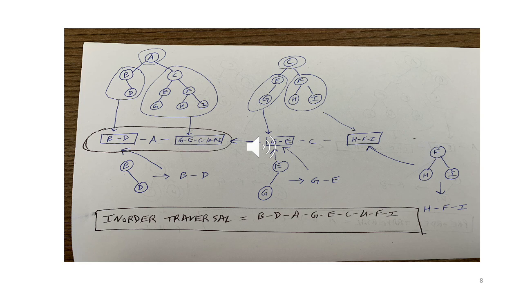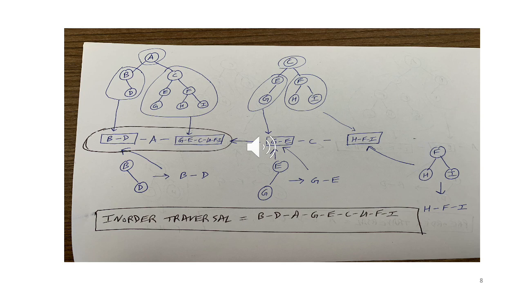So what is the final answer going to be for in-order? First we'll have a blank box in which we'll have B and D in some sequence. What sequence we don't know. That will be followed by A. And then we'll have another box in which we'll have nodes C, E, F, G, H, I again in some sequence, which we'll soon calculate. So this is what the final answer is going to be. Perform in-order of left subtree, print root, perform in-order of right subtree. So the next job is now to fill the left and right boxes.